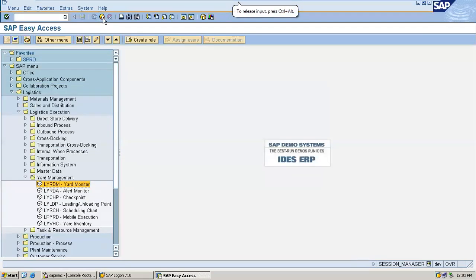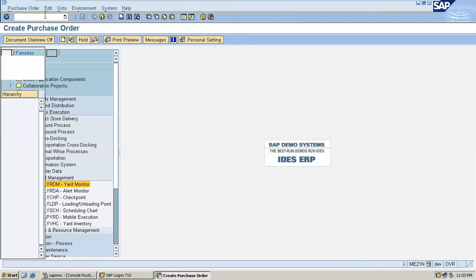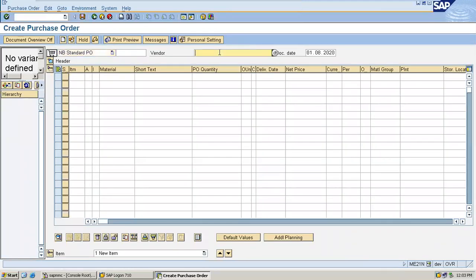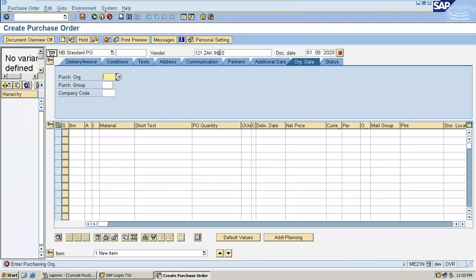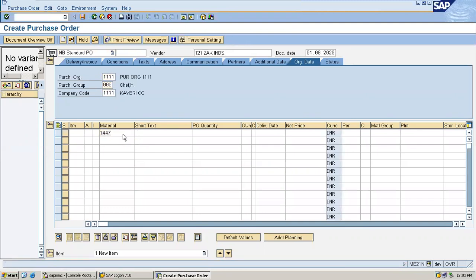I'm going to create a purchase order to buy a material using ME21N. Enter the vendor, 121, Zack Industries. Enter the purchase organization, purchasing group, and the material.